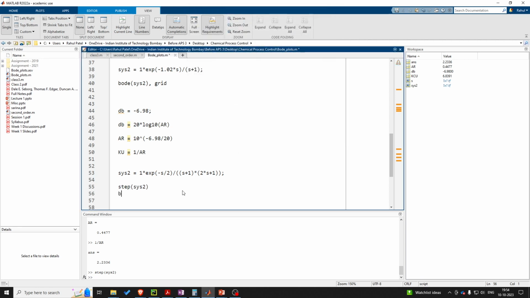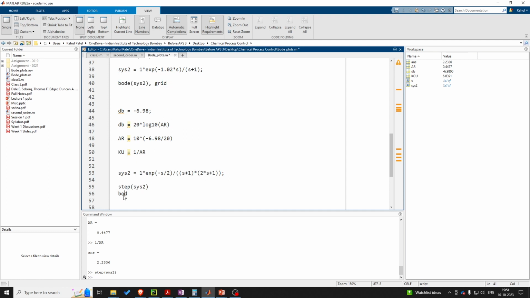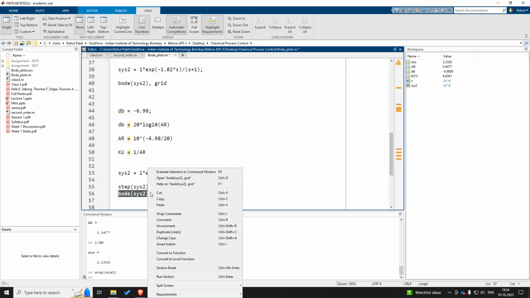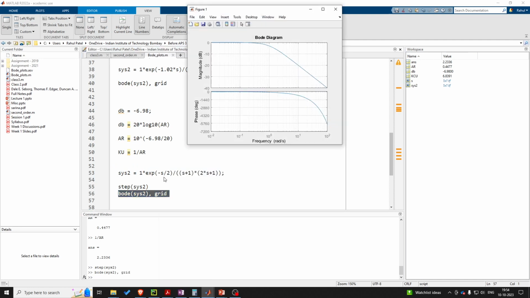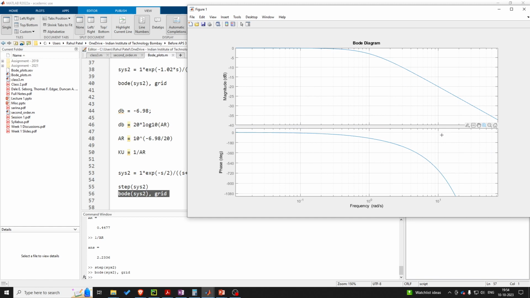Now if we plot the Bode plot of this term, this is the Bode plot, and again to find the crossover frequency you can just find the frequency at minus 180 degree. I will zoom out this plot, and at minus 180 degree, that is at this line,